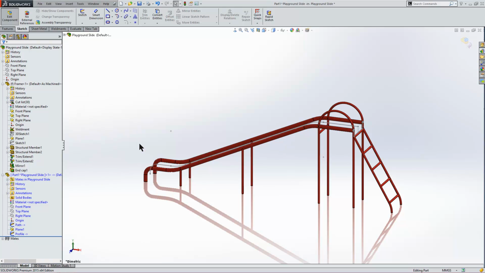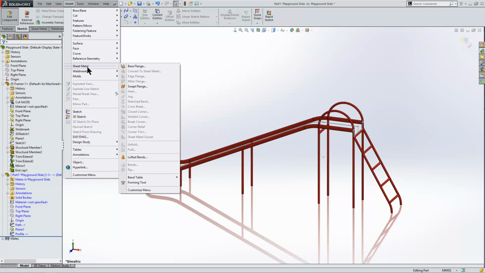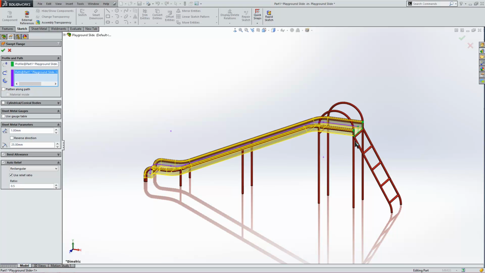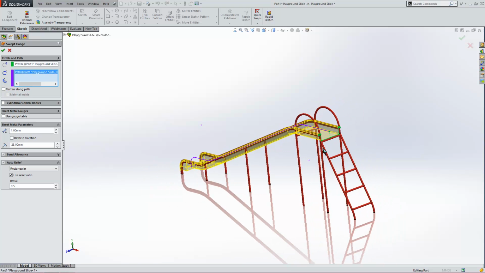So now we have all the sketches we need to create our slide. We can go into Insert, Sheet Metal, Swept Flange. It asks us for the profile and then the path. And it produces a really nice sheet metal swept